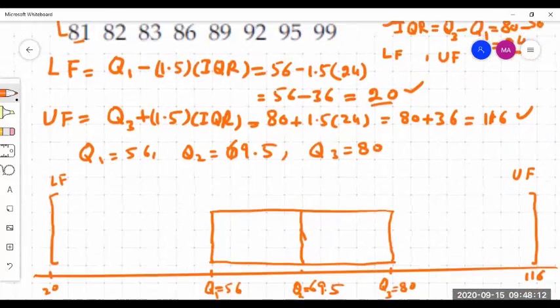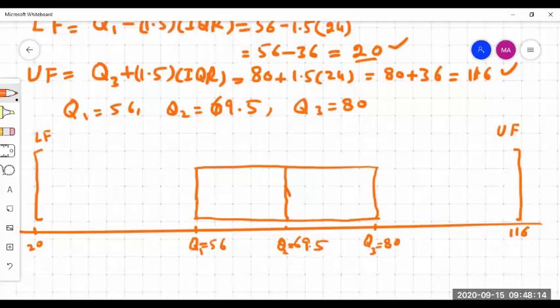All right, so let me take you back. So 32 is somewhere here, right? So it's 20, 56, so 32 would be somewhere here. So let me just mark here. That would be 32, the smallest value. And then you can mark a point here, and then join this with a line to the middle of this box. And this is called a whisker, right? This is the whisker here, 32.